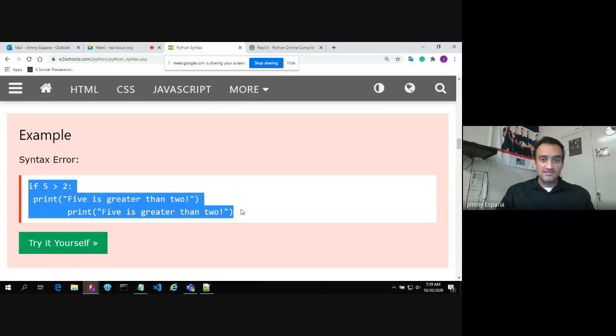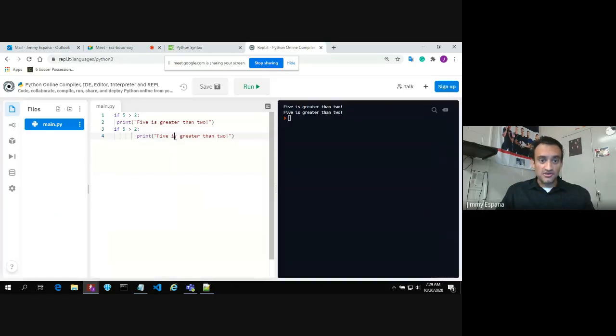A lot of times if you're programming in Python, you're going to come across issues like this. This one doesn't run because there was not a proper indentation. If we look over here, there's actually just a single space here. That's why that one fails. Let me bring this over, and I'm going to indent it, and then if I run it,